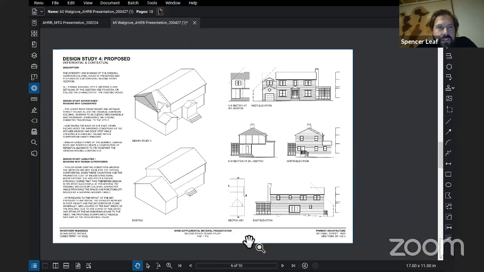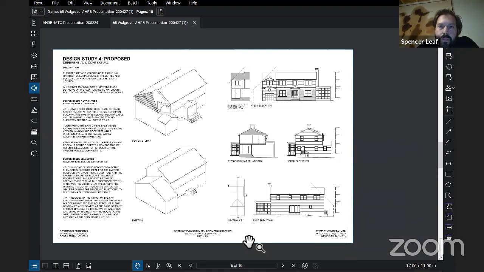creating a contextual and deferential addition over the garage. What we really tried very hard to do here was to allow the addition over the garage to sit back from the main building and allow that original charming, actually colonial symmetrical facade to have a presence as this original charming building that it is. To do that, we set the facade back from the street facade, and we also dropped the roof about 18 inches in order to really emphasize it as seeming stepped back as opposed to the roofs there having a bit